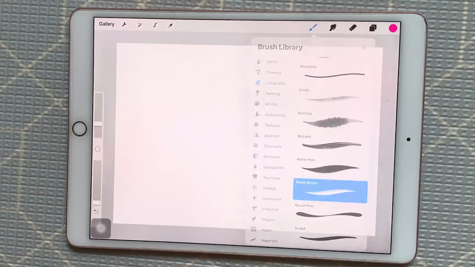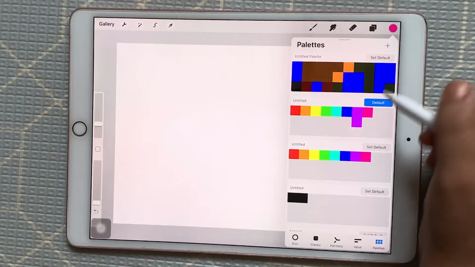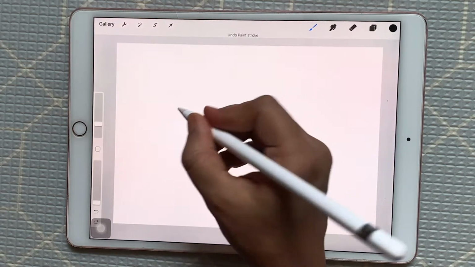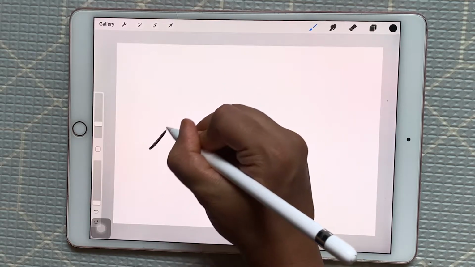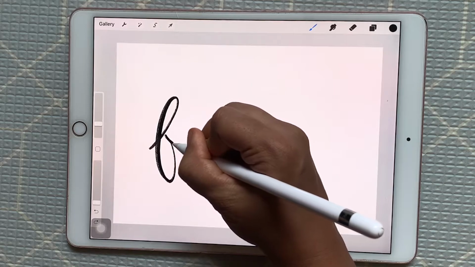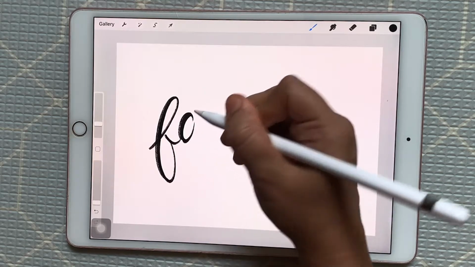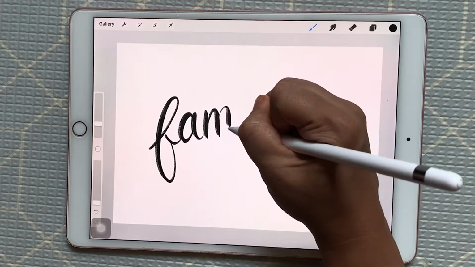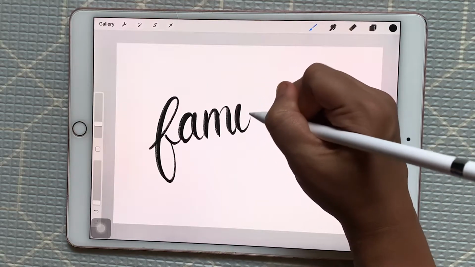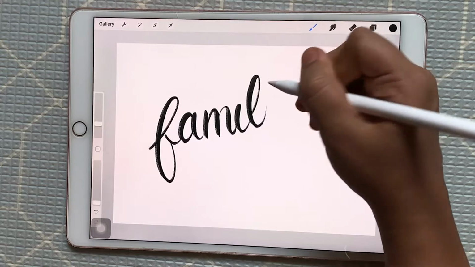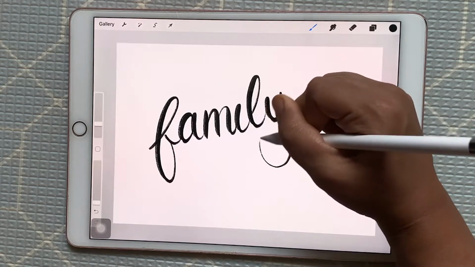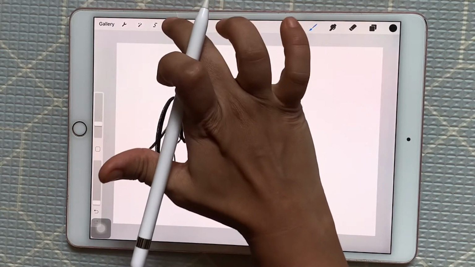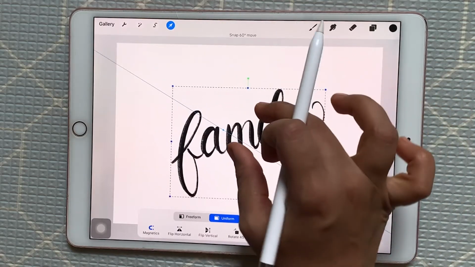Okay, so for example I write "family." Now if I want to move this, I can use this and I can twist it.